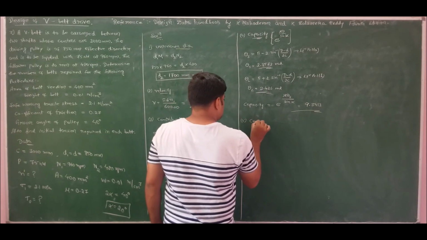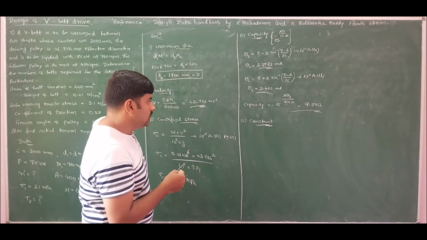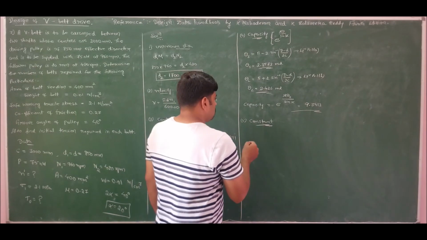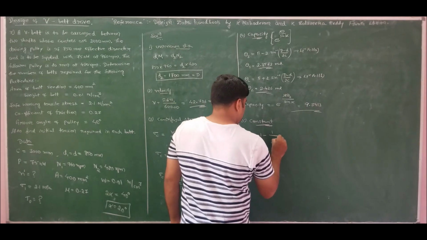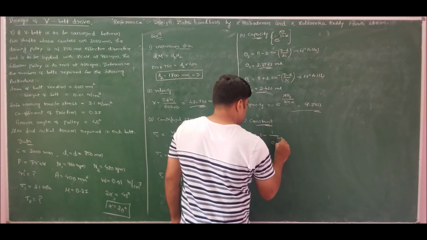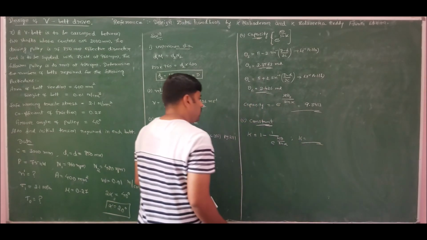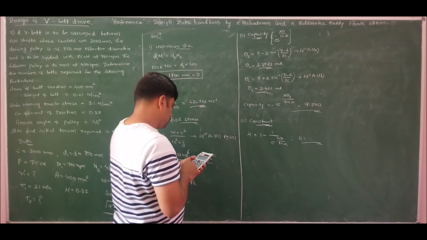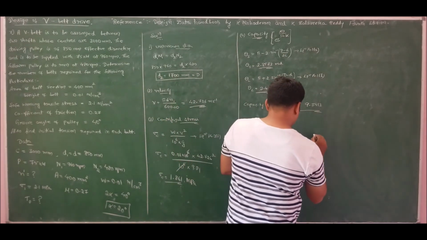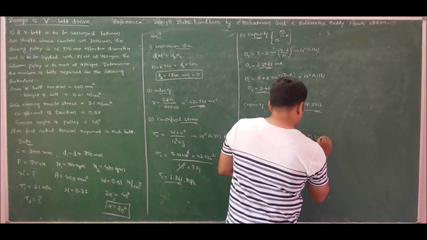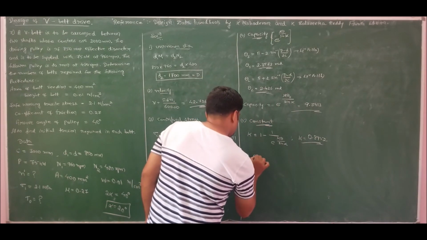Next, step 5, find the value of constant. These procedures you already learned in design of flat belt. So the value of constant K is given by 1 minus 1 by e to the power of mu theta by sin alpha. Therefore we get the value of constant as 1 minus 1 by answer, which is nothing but 0.8952.